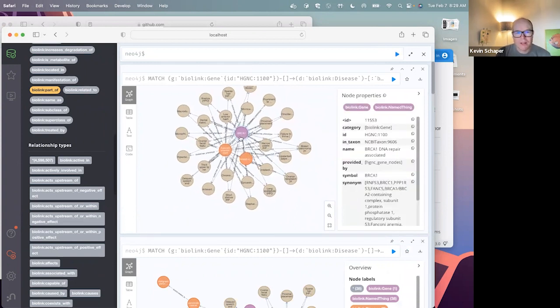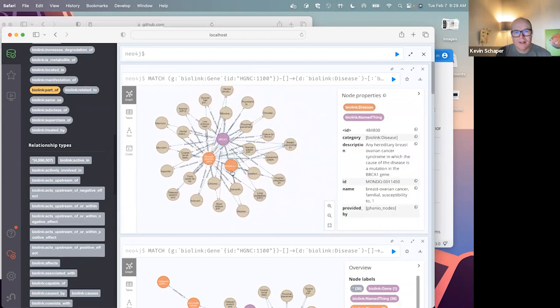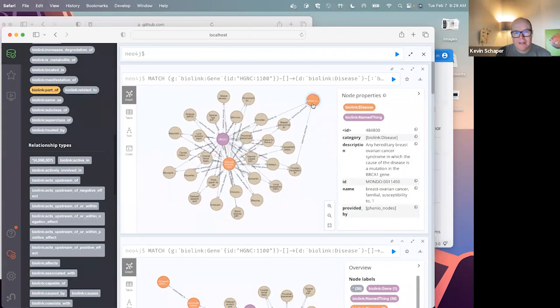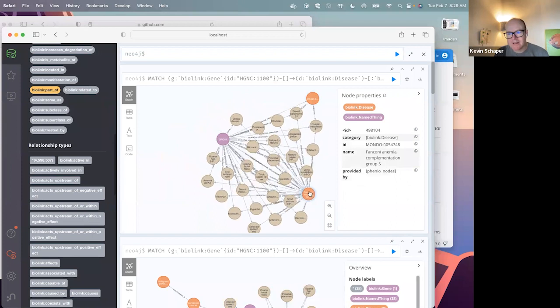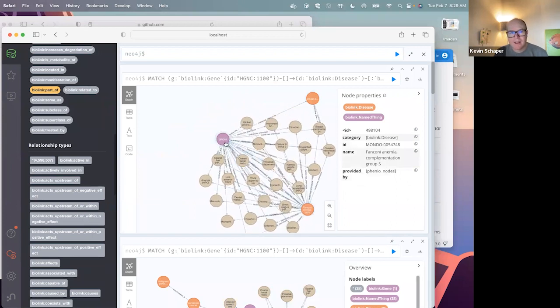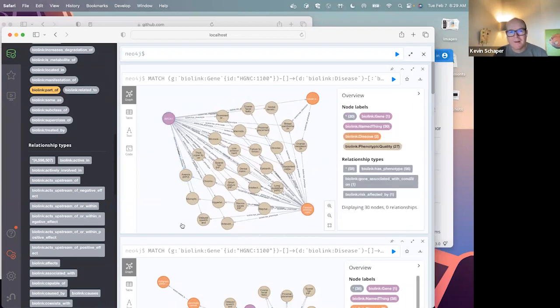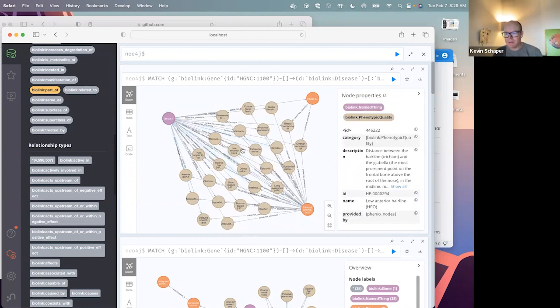So I have the BRCA1 gene, its connection to diseases, and the phenotypes between them. A phenotypic quality, I think